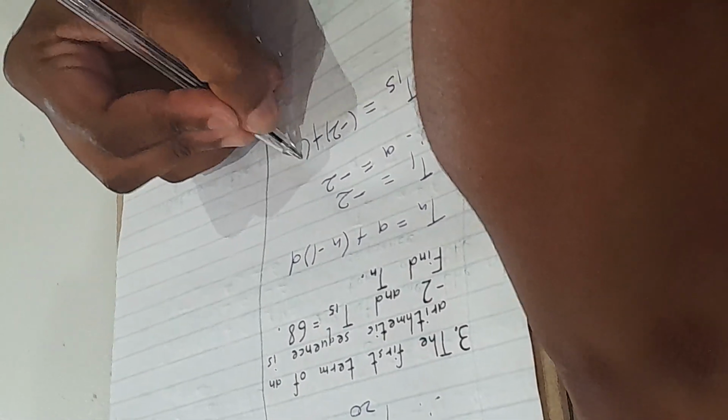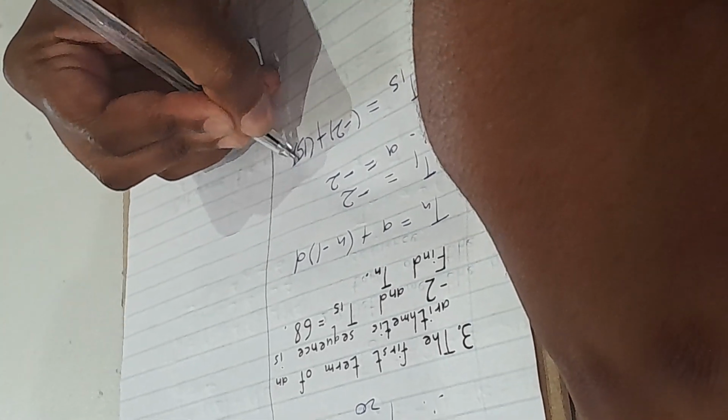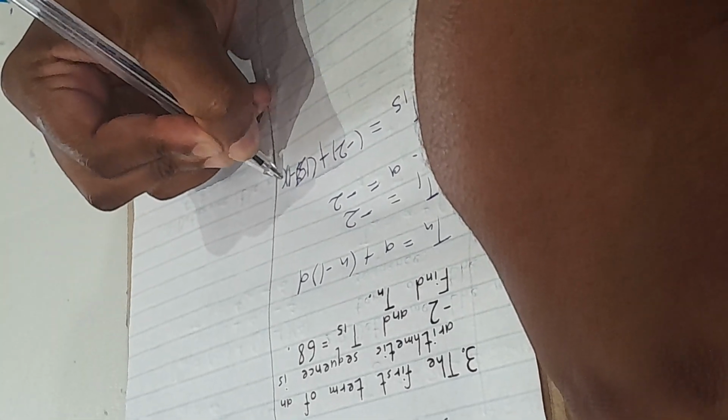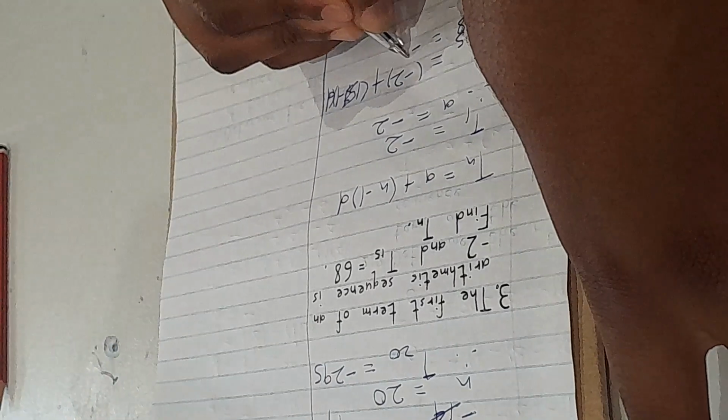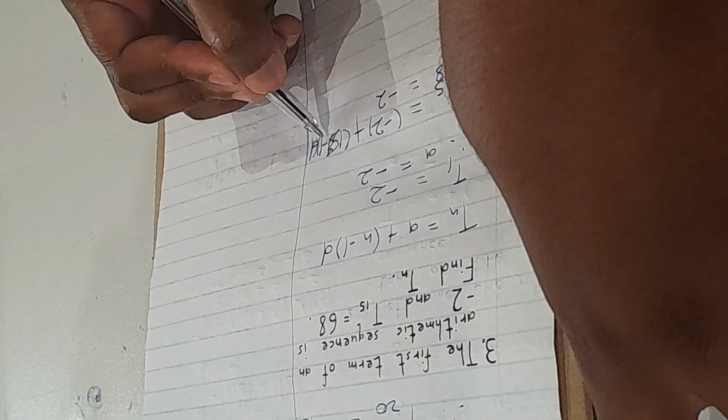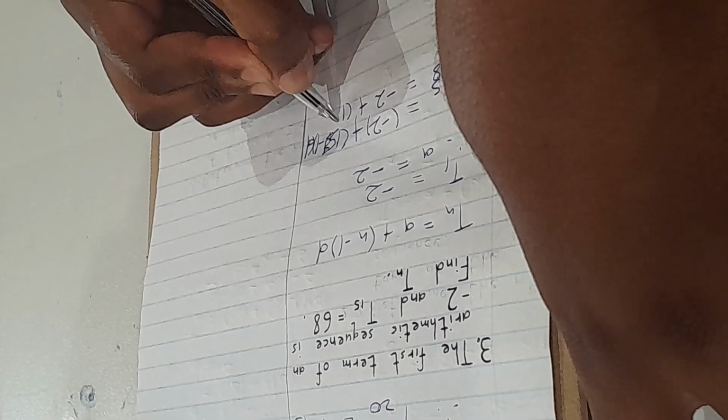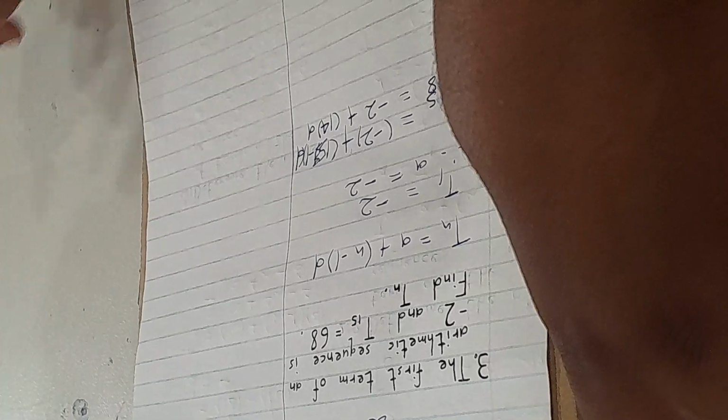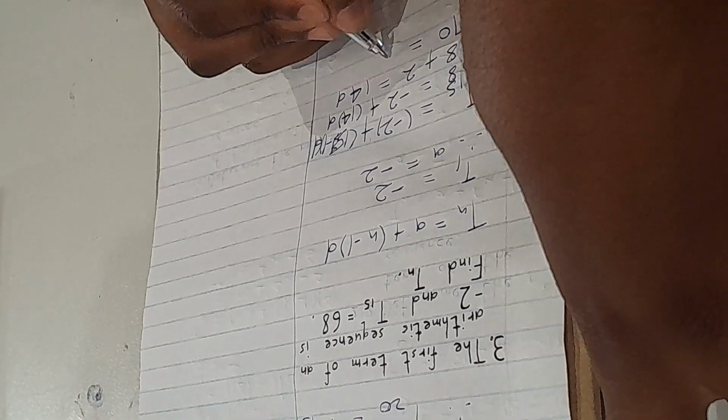We have A, which is negative 2, plus, where there's n, we put 15. So it's 15 minus 1, and we don't have d, right? So we're given T15 is 68. So 68 is equal to negative 2 plus 14d. Take this to the other side, it becomes positive. 68 plus 2 is equal to 14d. 68 plus 2 is 70, which is equal to